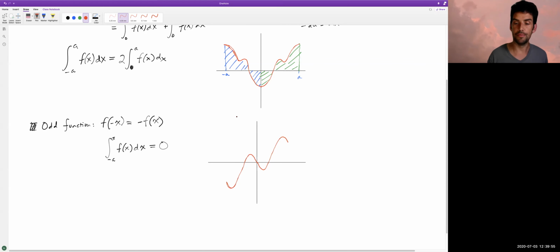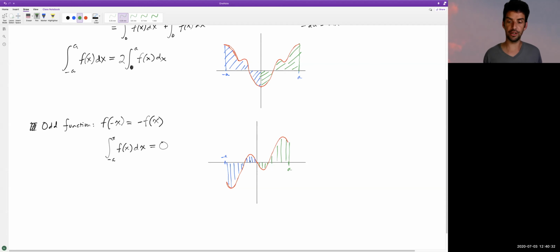So again, what we're imagining here is that I've taken this curve on the right side and rotated it 180 degrees, and you'll see it would line up more or less with the one on the left. And so if this is negative a to positive a, then the original integral is asking us to find all this area and this area and this area, and this area,